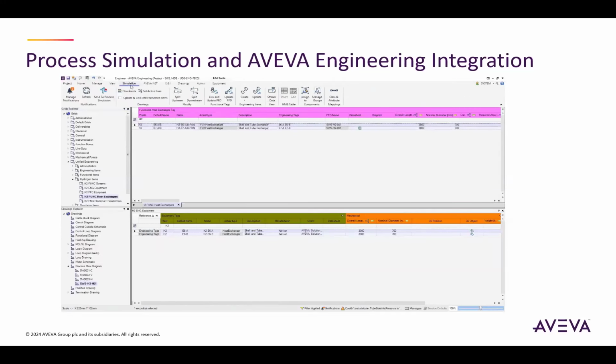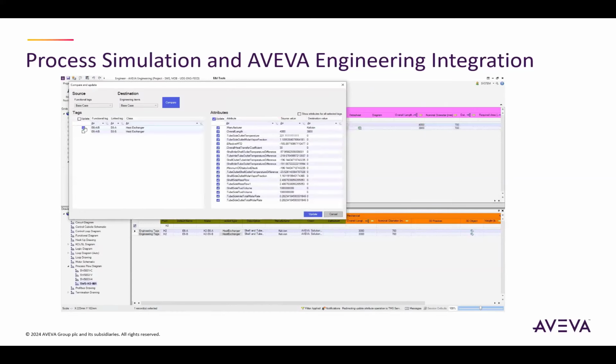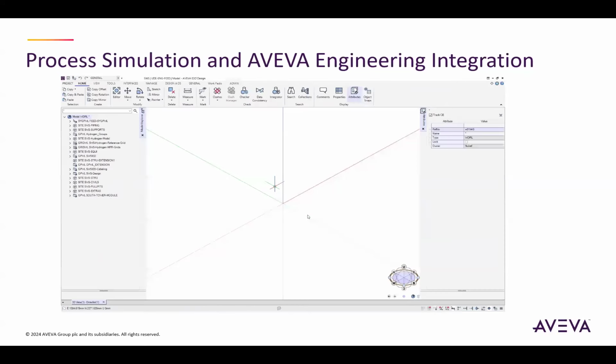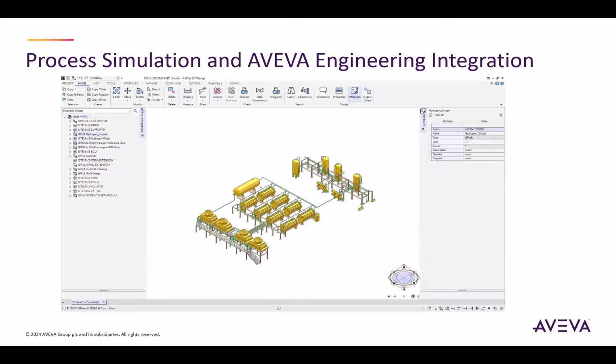Now that I have done that, I can also define a set case where I want to change the overall length of that particular exchanger. In this case, I've changed the 6AB from 3,000 millimeter to 4,000 millimeter, and I am about to update the data. And now the people doing the design for the 3D modeling can go